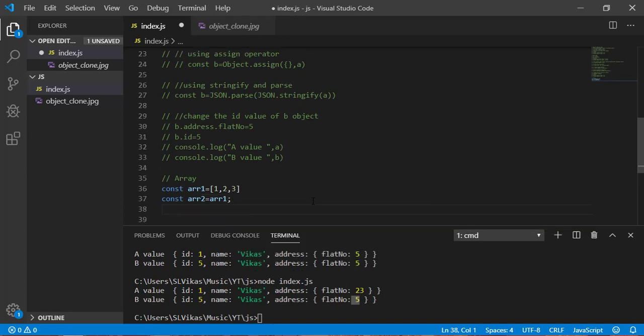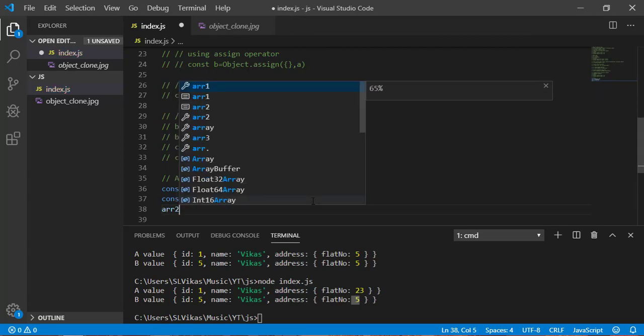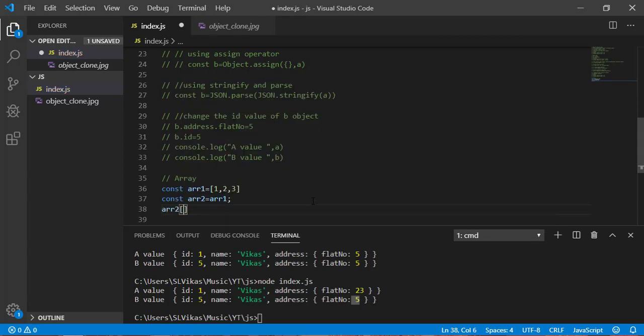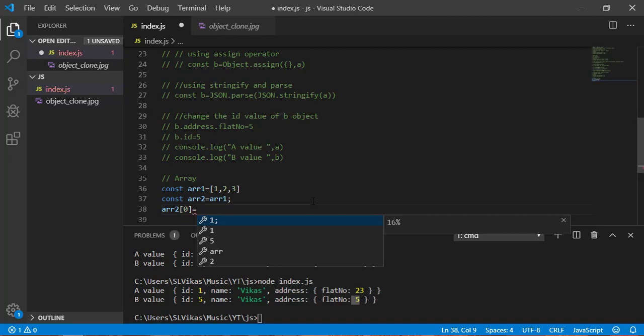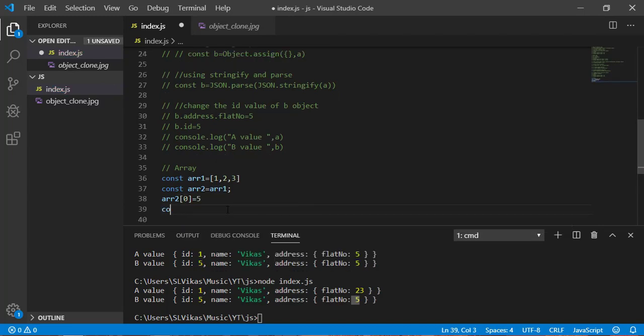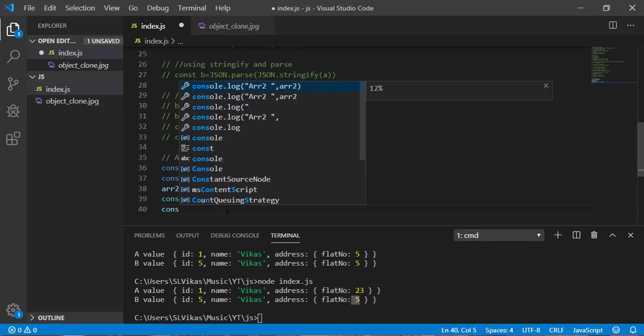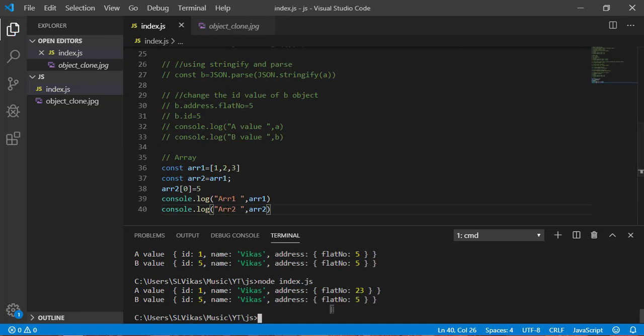Okay, now let me change the value of array2 at 0th position, make it equal to 5 and print both. So console.log array2. Now let's save it and execute this. So you can see I wrote here to put the 5 in array2, but it's affecting both. It's changing the original array as well.